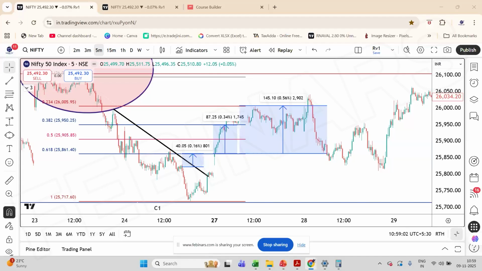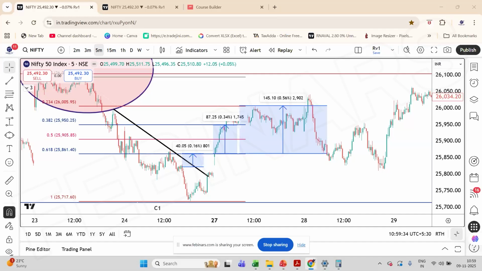Yes, you have to figure out the retracement and the power of the trend. The power of the trend is that whenever the retracement is less in any time frame or any trend, the trend is strong. When there is lesser retracement, if the market is rising and a small retracement comes, then the trend is much stronger, like around 30%, 40%, within 50%. If it retraces more than 50%,